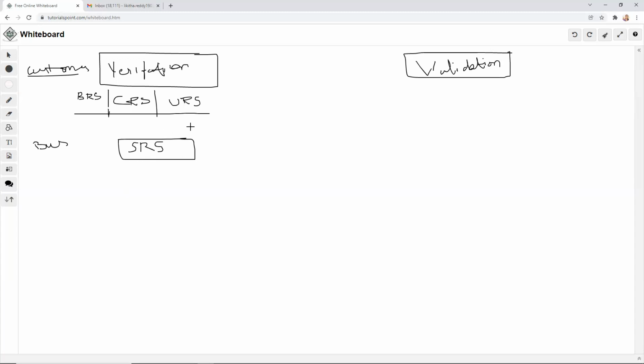Whatever high level requirements he gets from the customer, he will divide and decode, and write in a way that the software industry people can understand. That is called